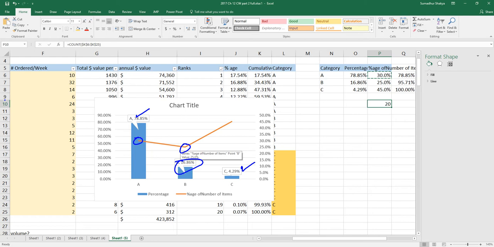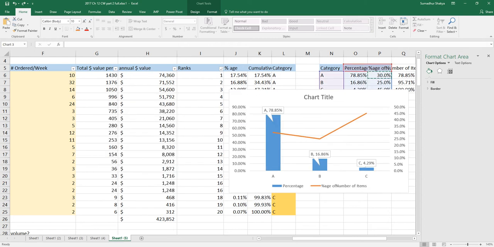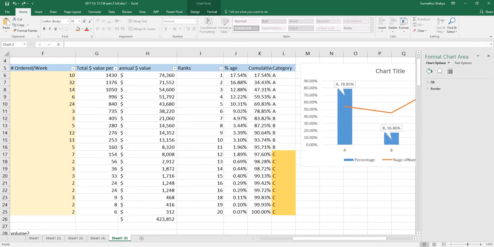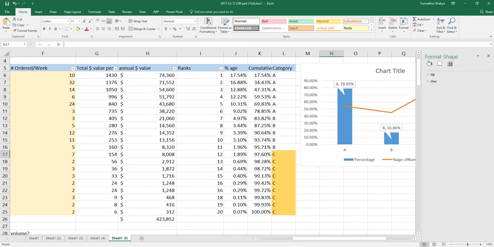It may so happen if you're working, for example, in this case, a restaurant, even though category C accounts only for 4.29%, that some of the items might be critical in nature. When I say critical in nature, I mean some of the items without which a business cannot be run as usual. For example, let's say without the eggs or oil, none of the other dishes can be made. However, it could be critical in nature, but in terms of dollar value, this does not amount to a whole lot of your expenditure